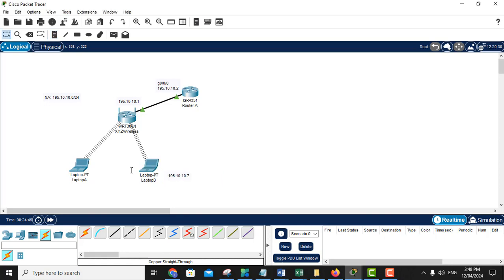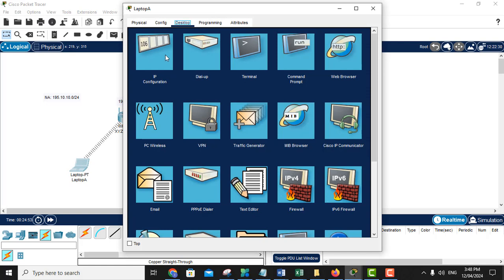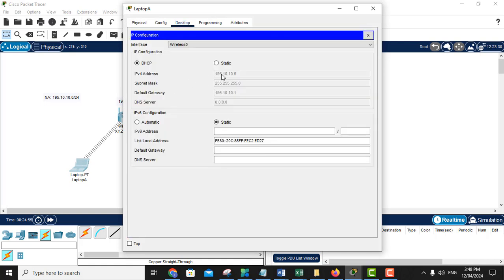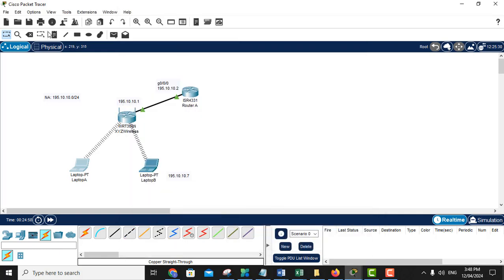For the other side, laptop A has an IP address of 195.10.10.6. So let's try the ping command